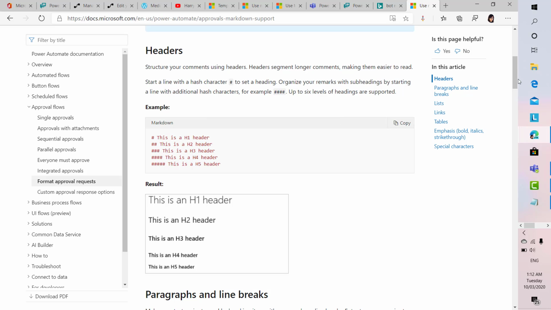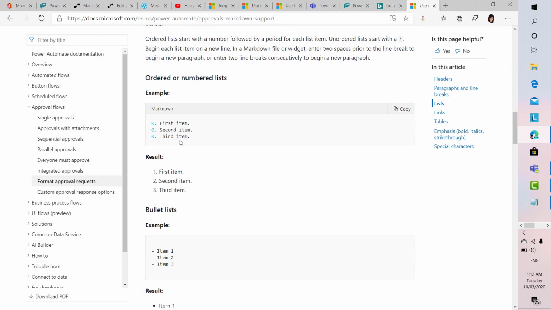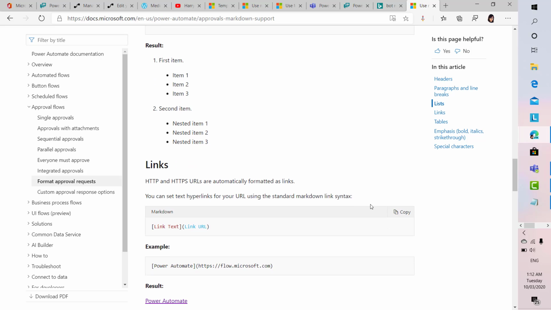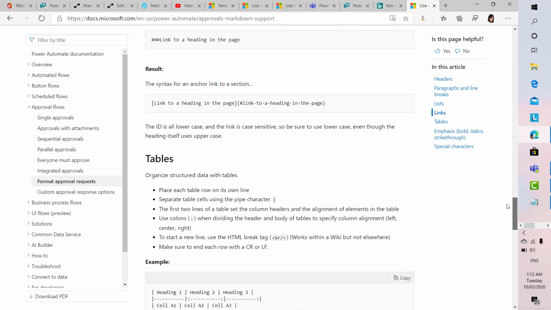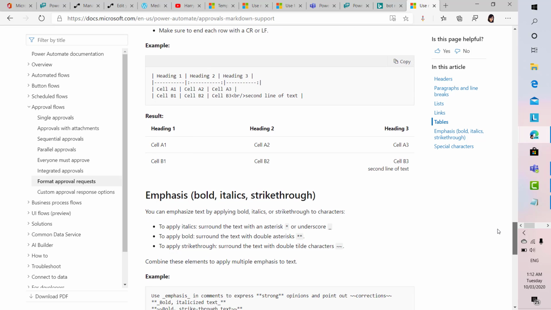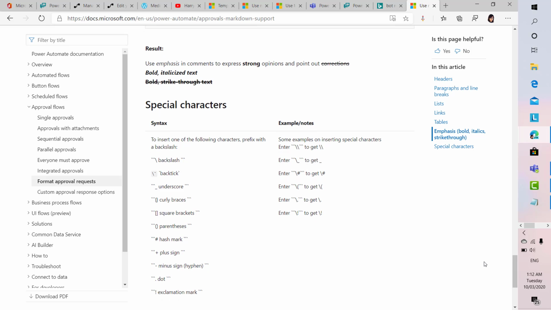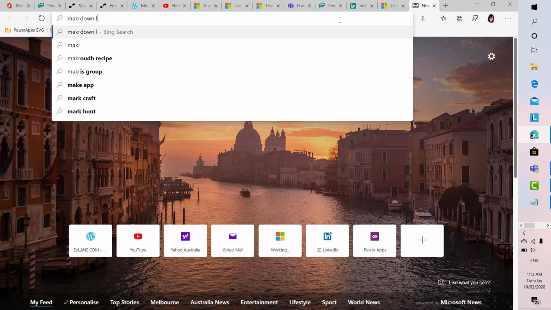For instance, if you want to format your header, create paragraphs, or lists. This is a numbered list. You can even put bullet points and nested lists. Here is how you can send a link, so this is the syntax that we're going to use. This is an anchor link, how to create tables, and how to put in formatting like bold, italic, strike through, as well as special characters. If you want more syntax for Markdown, you can also go to the Markdown language